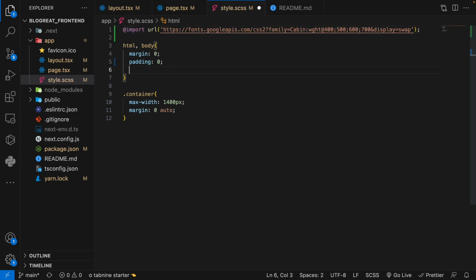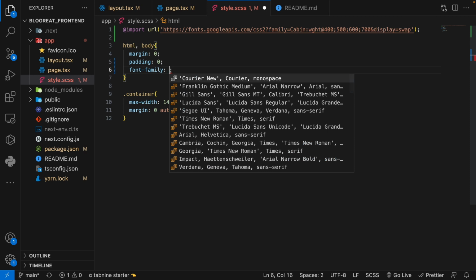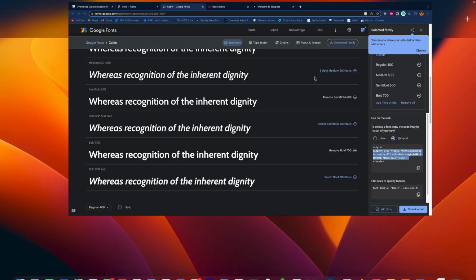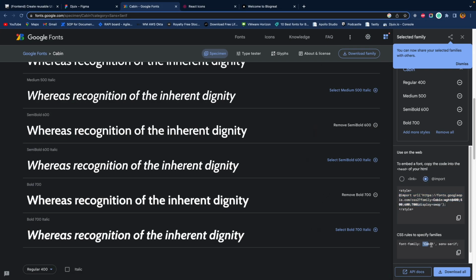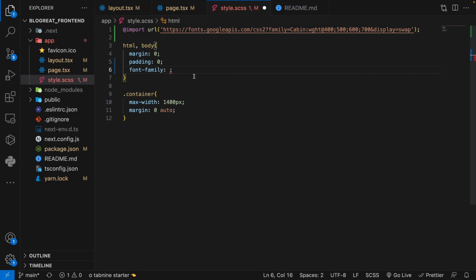So finally, I can come to my body and specify the font family. And we can get the font family coming back to Google and copy this.